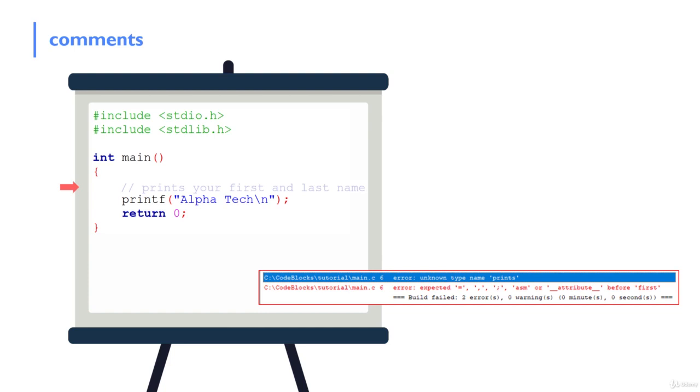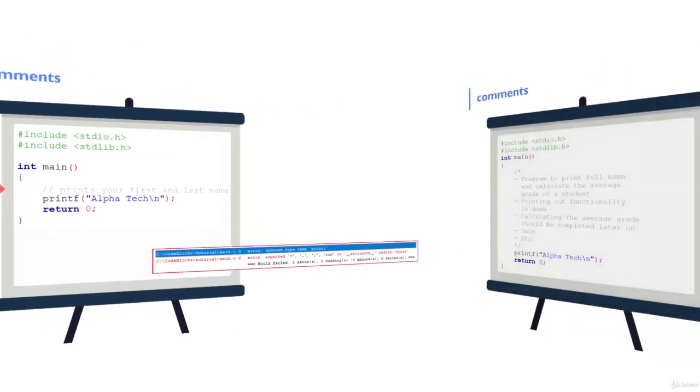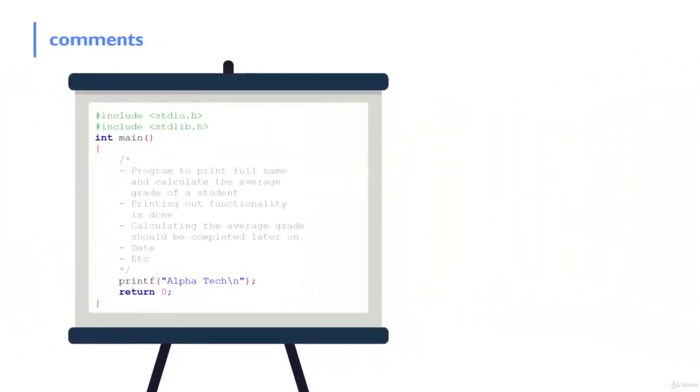But if our comment happens to be more than just one line, which is definitely something that can happen, then we would like to use something else, right? And in such a case, we would like to use a /* to start a comment block, which may consist of more than just one line of comments, and end this comment block by using an associated */ that will indicate that this is it for our comment block. So as you can see here, you may insert a lot of comment lines as part of that comment block,